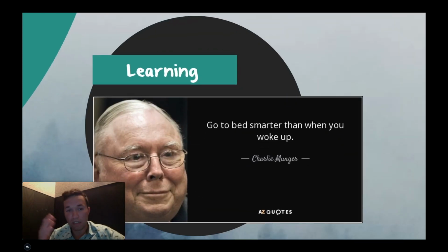And another one would be learning. And this is somebody who I really respect. His name is Charlie Munger. He's Warren Buffett's right-hand man. And he is an avid learner, lifelong learner. He's the one who kind of instilled in me what it meant to learn after college. I thought once you go to school, you're kind of done. You just go to work and you do your thing. But reading his books and reading like Poor Charlie's Almanack, great book if you haven't read it. He has a system, and it just is so simple, right? It's go to bed smarter than when you woke up.